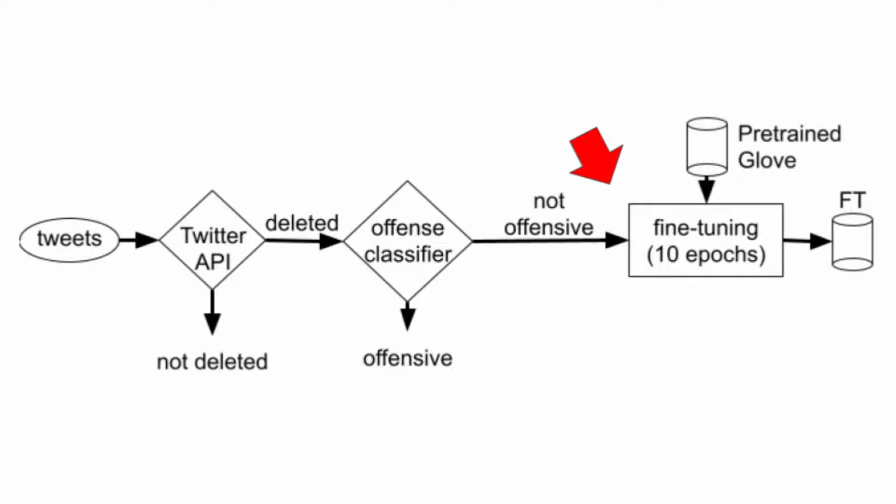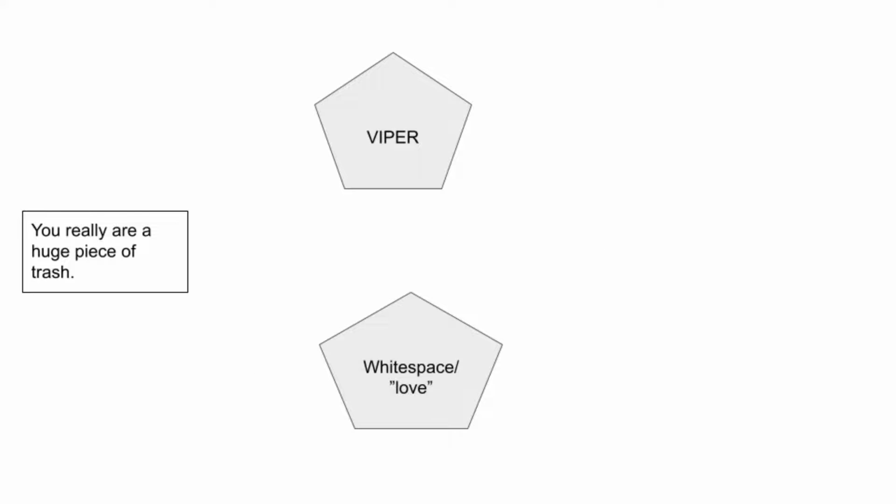We expect this set of deleted tweets to contain crafty substitutions, which are able to evade detection by state-of-the-art offensive language classifiers. We refer to this set of tweets as the evasion collection, and it is used to train word embeddings. We examine substitutions with both a GloVe pre-trained Twitter embedding as well as a version of that same embedding fine-tuned on the evasion collection. We compare our approach with two other attacks.